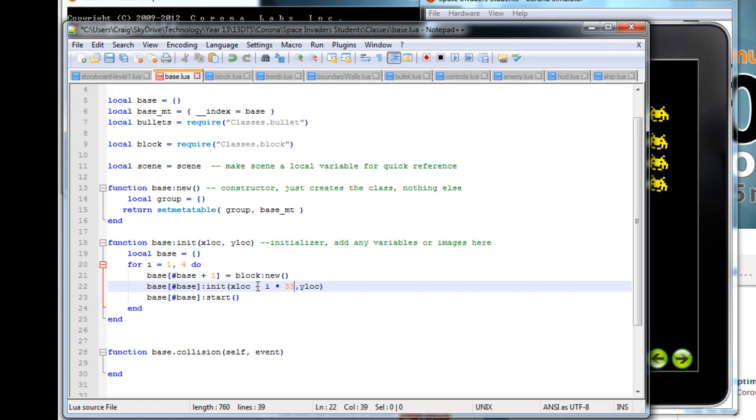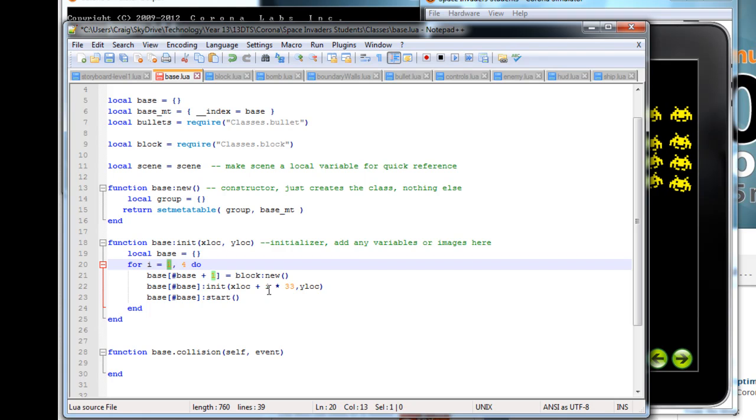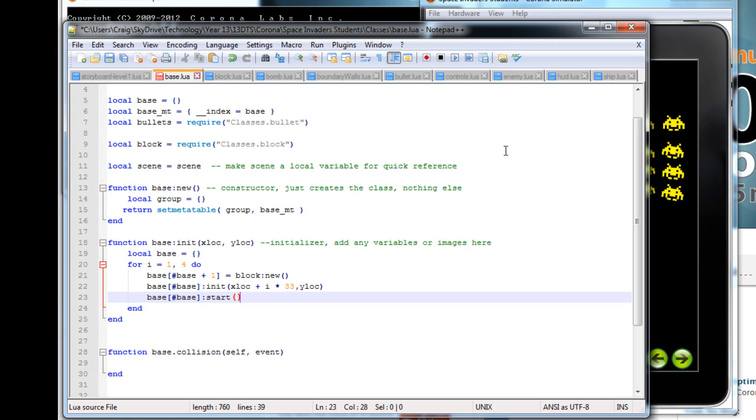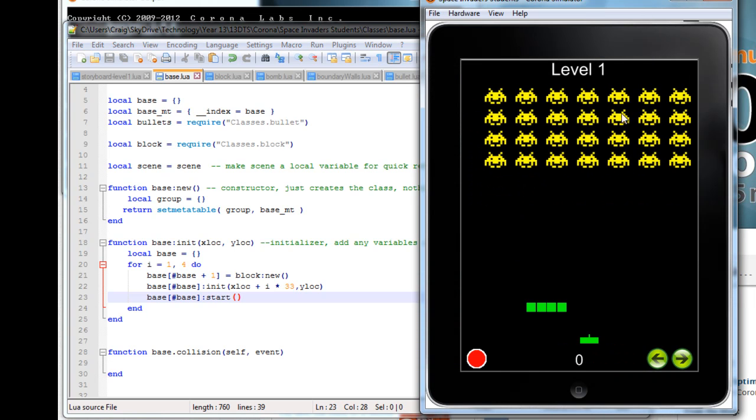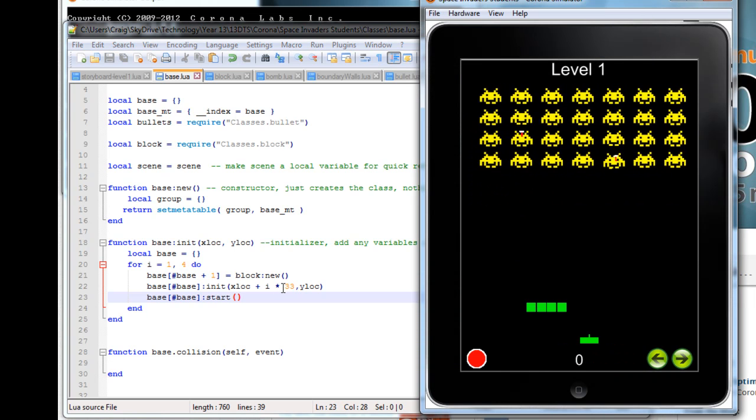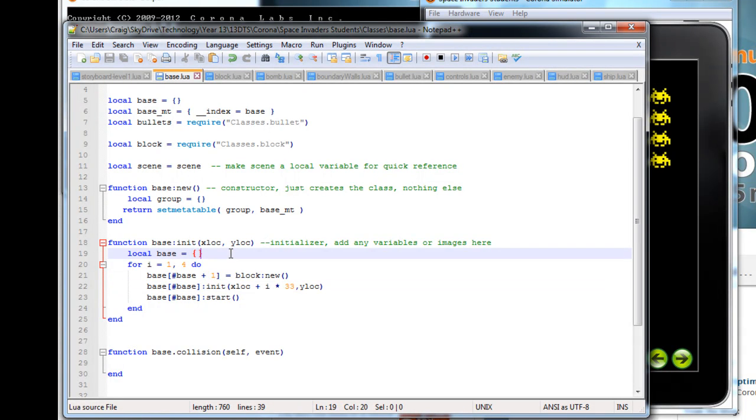So the first one will be built at 100 plus 1 times 33. So the first one will be at 133. Next one will be at 2 times 33, which is 66. So 166. 3 times 33, which equals 199, and so forth. So if I save that, reload that, I've got 3 blocks. That's good. Now I really want to get it looping